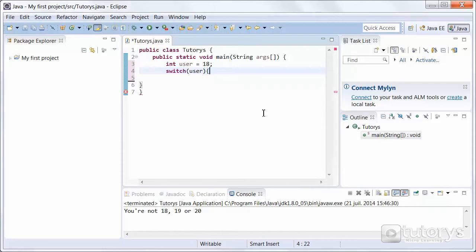As we've opened up brackets, we need to do an indentation. As you can see, Eclipse hasn't done it, so we're going to have to do it ourselves. Press tab like so. Now that we've opened up our switch statement, we need to add cases. Let's start by adding the first case. Again, Eclipse has reverted our layout, so let's put it back like this. Case 18,